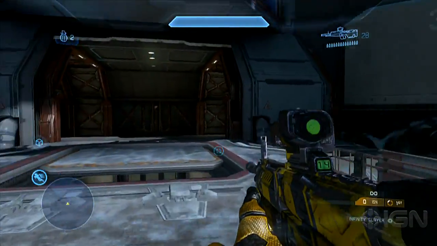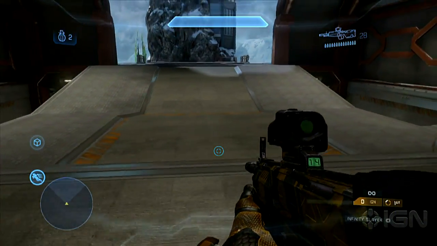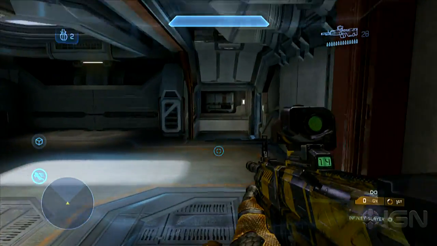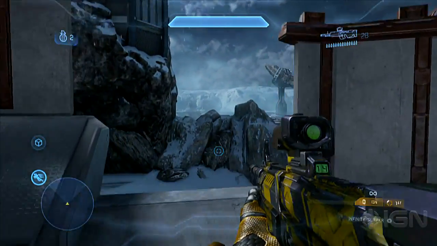In addition, for the base leveling up, you'll have things like vehicle spawns that activate. So here's where the Banshee would show up. And then on the outside, you'd get access to Ghosts. So yeah, holding the base longer makes the base level up faster, and it makes it take a little more